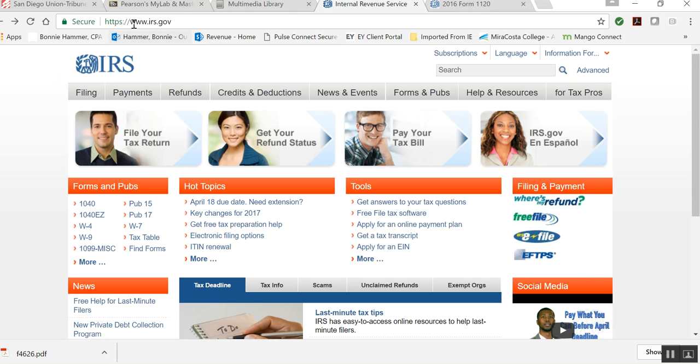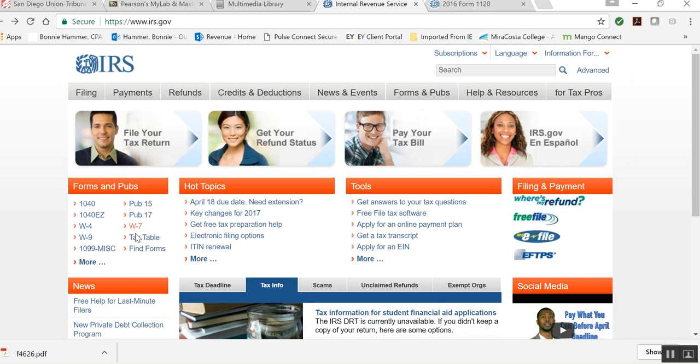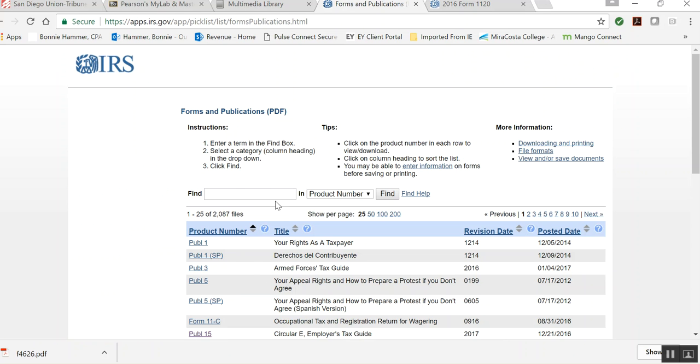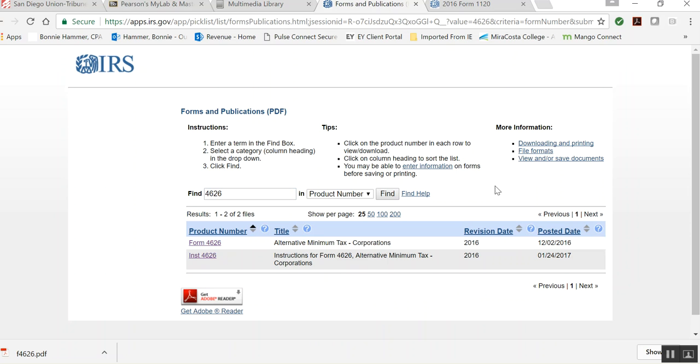When I first type in irs.gov, I come here, and then I click on Forms and Pubs, list of current forms and pubs, and then it brings you up to this search box, and I just typed in 4626, enter, and it brings up everything that has 4626 in the product number. So it brings up both the form,